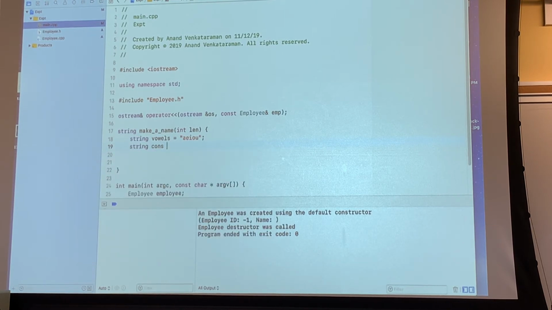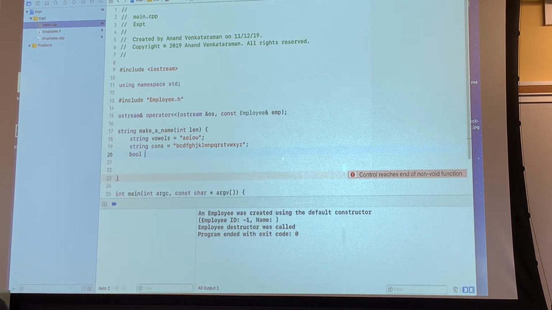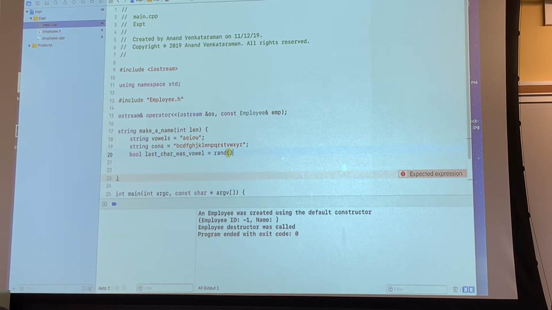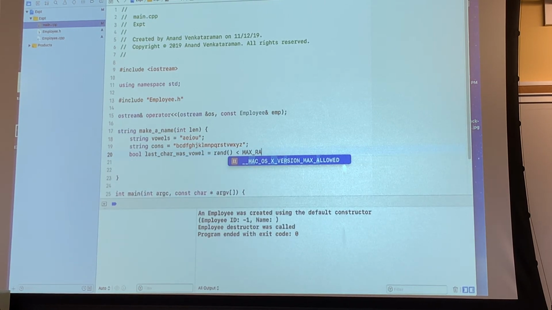String consonants equals B, C, D. Okay. Is that all the consonants? Okay. And then the last char was vowel equals, let's say, rand. I call rand, and if the rand is less than RAND_MAX